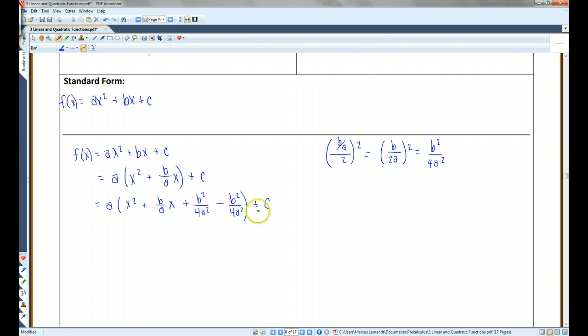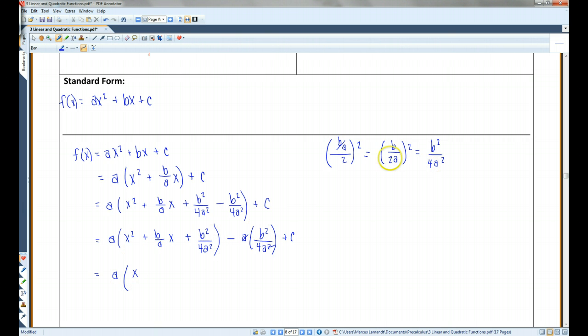And in order to take it out of the parentheses, you need to make sure you multiply it by a. This a cancels out one of these a's. So now I've got a